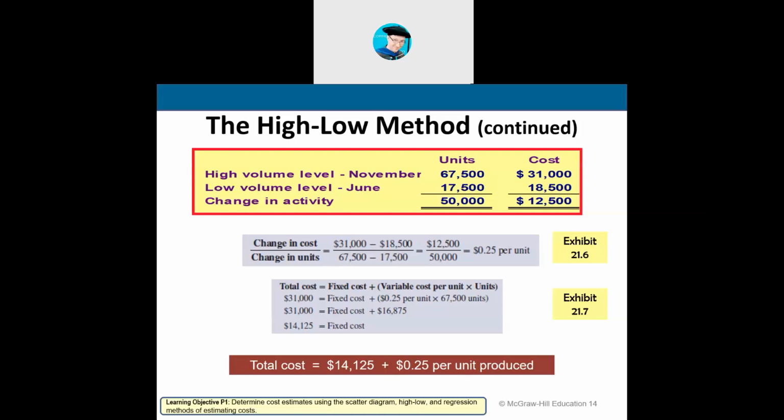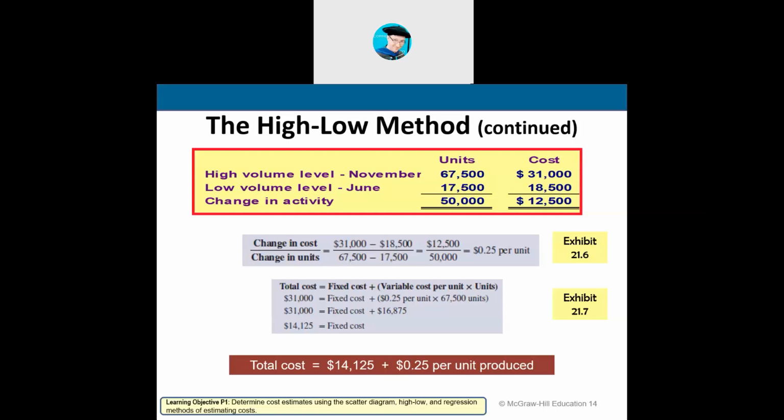We take the change in the cost divided by the change in the units to get the variable cost per unit. So 31,000 high minus 18,500 low is 12,500. So the change in total cost, 12,500, divided by the change in total units, 50,000, equals 25 cents per unit